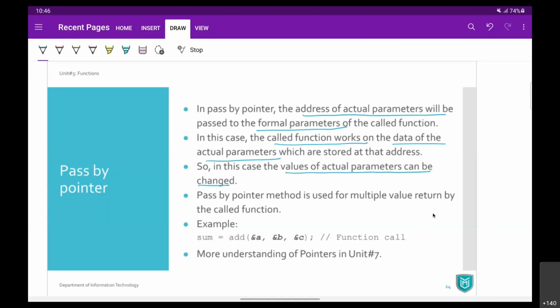Now, this indirectly helps us return multiple values because return statement तो एक ही वैल्यू रिटर्न करेगा. लेकिन अगर मैं पहले से 4 वेरिएबल का एड्रेस पास कर दूं फंक्शन को, और वो फंक्शन सारा कुछ कैलकुलेशन करके उसी एड्रेस पे नया डेटा स्टोर कर दे, तो जैसे ही मैं वापस आऊंगा मुझे नया डेटा मिल जाएगा. So indirectly we can say we can return multiple values using a function using pointers when we call a function.